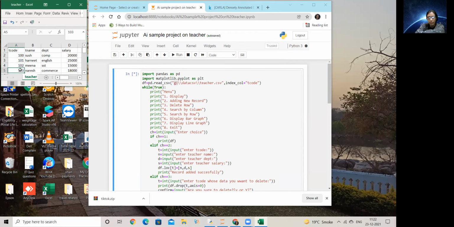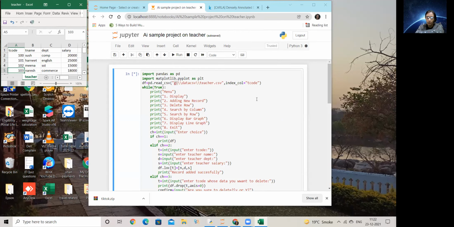Yes, so decide on a field, a column that you want to keep as your index. Ma'am, if we do not specify this as the index, will this code consider it as a column? Yes, and then it'll take the default 0, 1, 2, 3, 4. Okay, ma'am, then T code will be a column. If you want to handle it like that, it's okay. There is no issue with that.